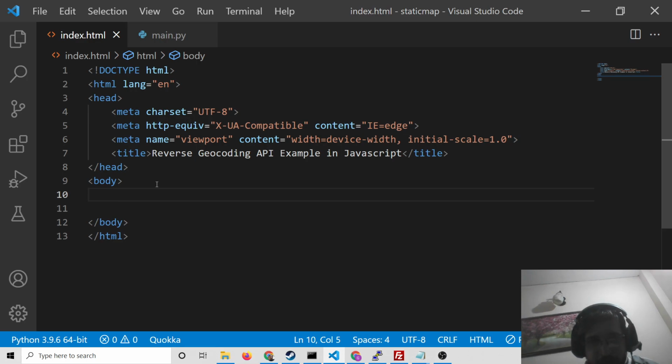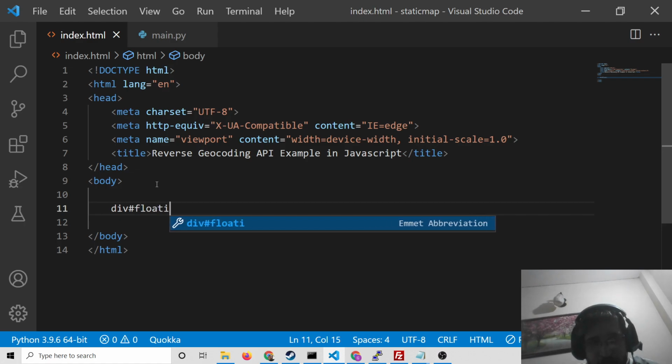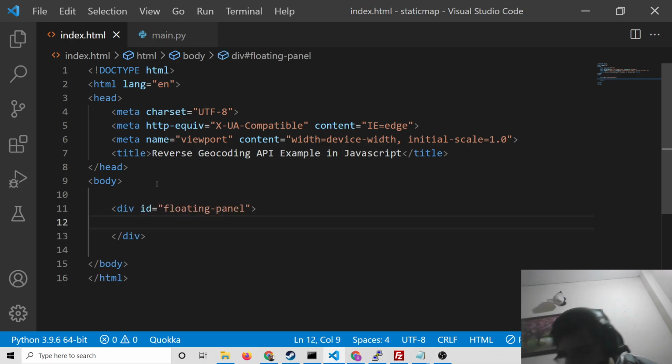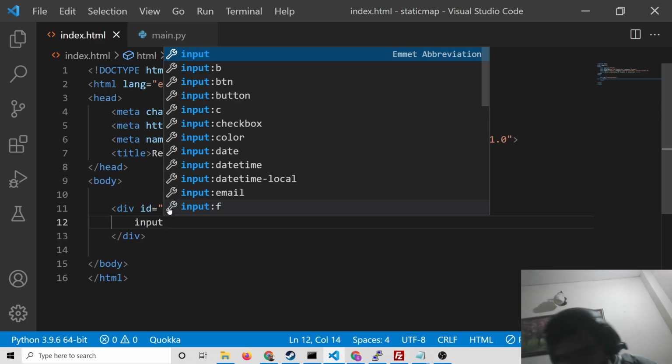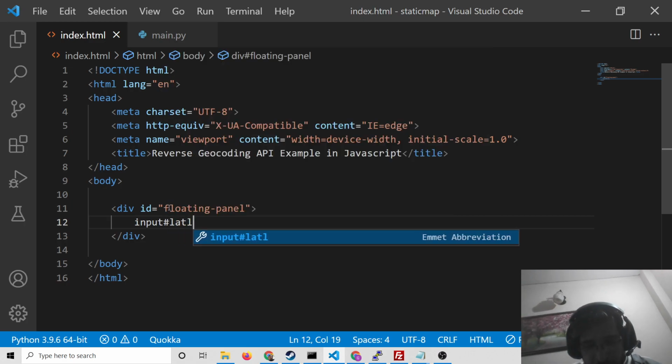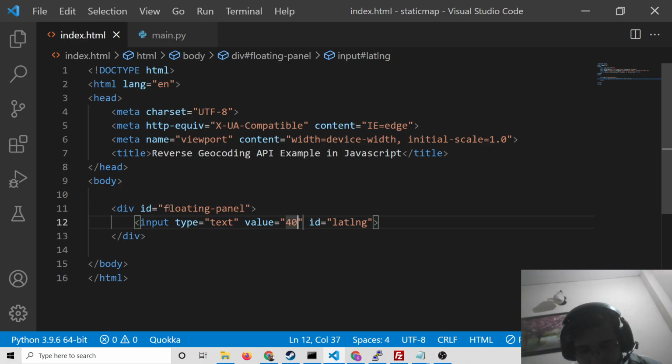So we will have a div with an ID of floating panel, which we will style inside CSS with some custom styles. Inside this we will have latitude and longitude input fields, input type text, and we will attach a default value, which will be 40 point. You can attach any latitude and longitude as the default value.